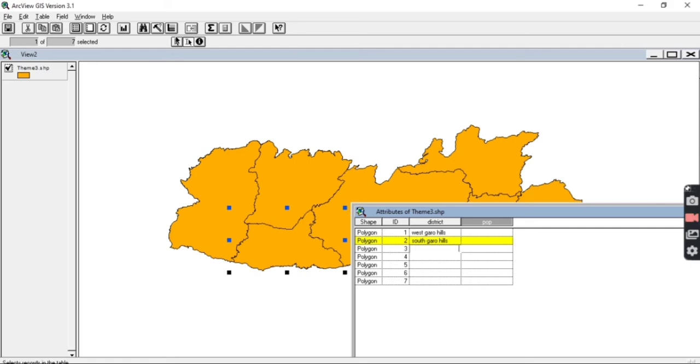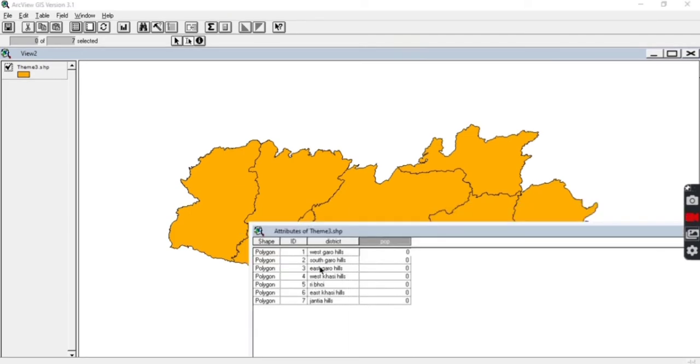Now in this we will have to again select the polygon. Similarly, we will select each polygon and write the name of districts. The district name has been added here. Now we will add the population.